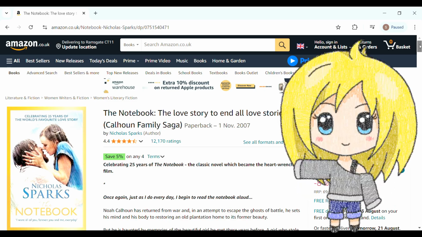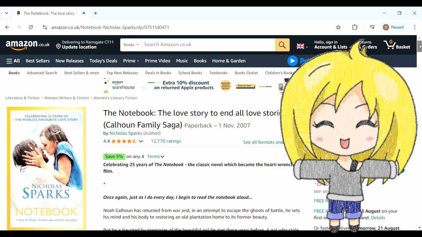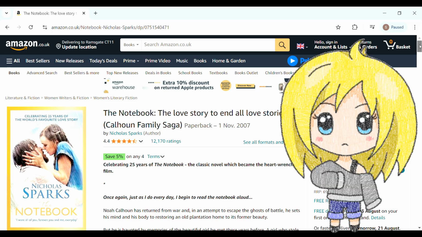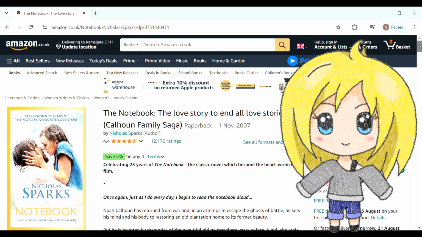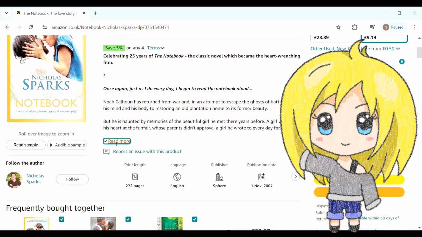This is the blurb for The Notebook by Nicholas Sparks, considered by many to be one of the best romance novels of all time. Personally, I saw the movie and I didn't get what all the fuss was about, but maybe the book is a lot better. I don't know, I should really read it sometime. Anyway, the blurb is,